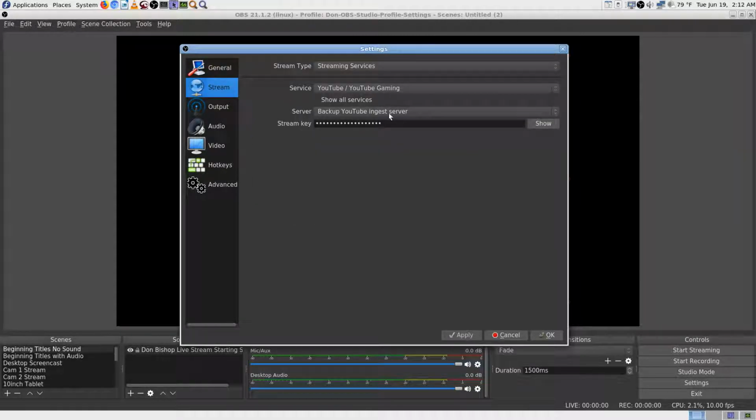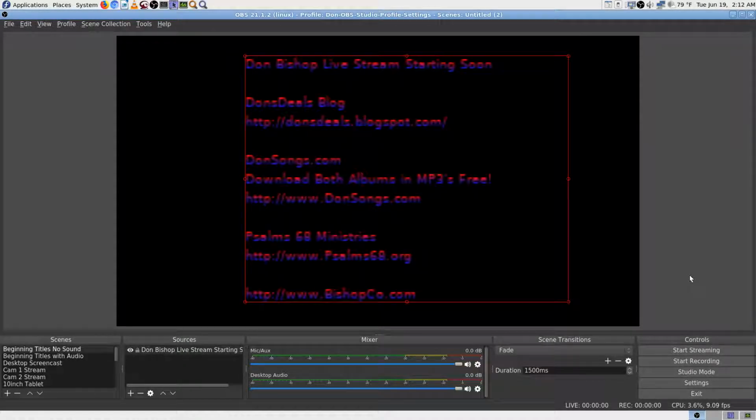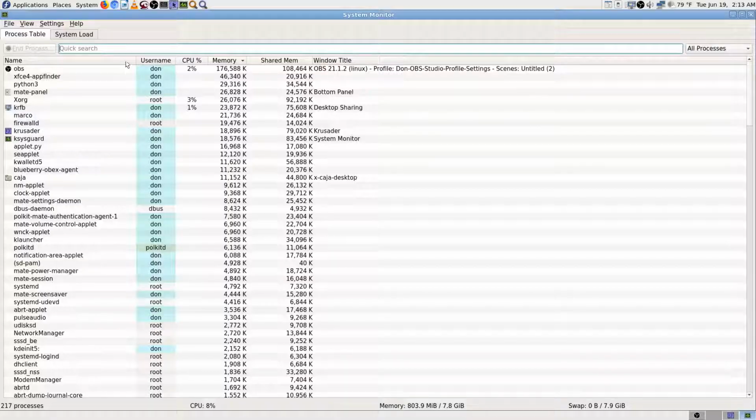Yeah, backup YouTube ingest server. Okay, I'm going to hit cancel. Now maybe, I don't know exactly how you use this. I've never had a way to be able to use it. So, yeah, I don't think that on this newer version and on this heavy 8-core machine it's going to hurt anything. I think the newer version doesn't have that bug of every time you go into the settings, whether you're making a video or not, it would